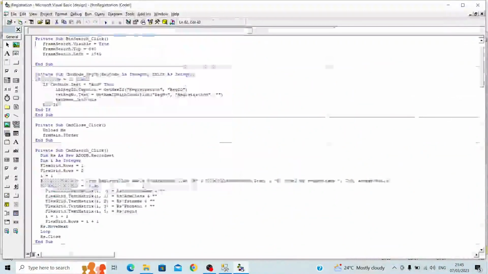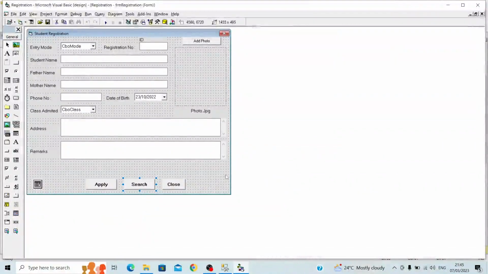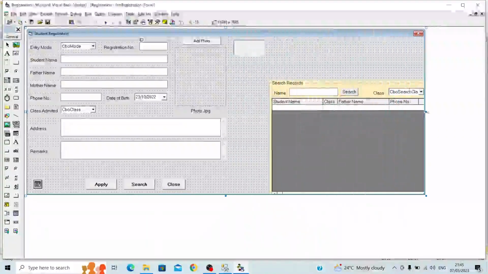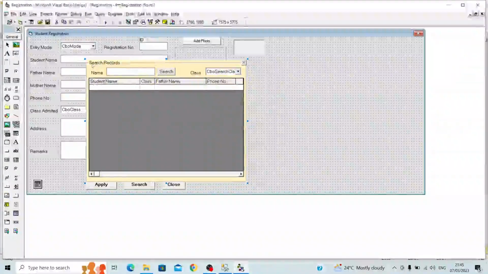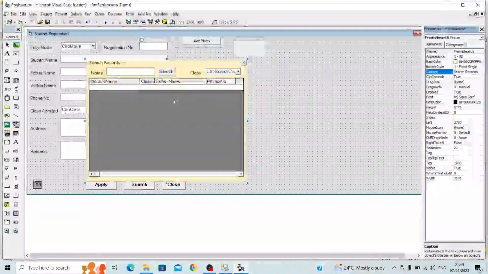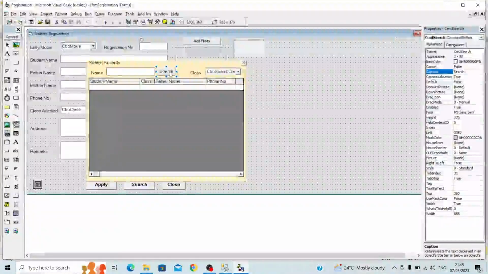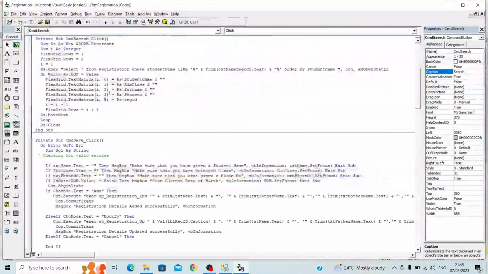And the search button, we are opening a frame for searching the records. This is a search record frame, named frame search, and it has a text box for searching and a search button. On the search button, we are loading the